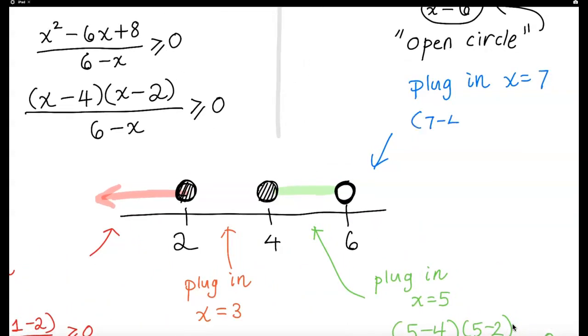7 minus 4 times 7 minus 2. Let's divide that by 6 minus 7. And we want to see if that is greater than or equal to 0. The numerator is 3 times 5. The denominator is